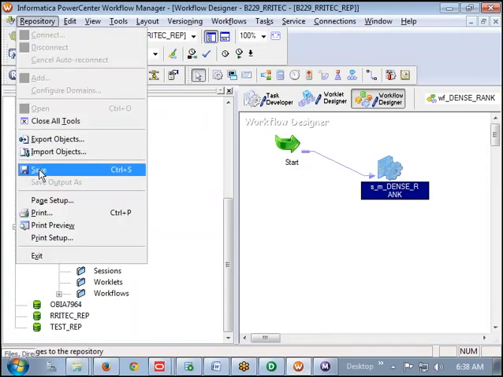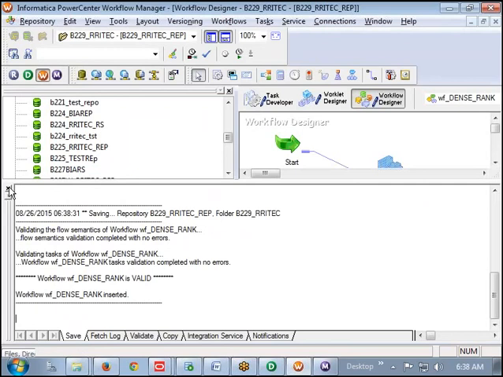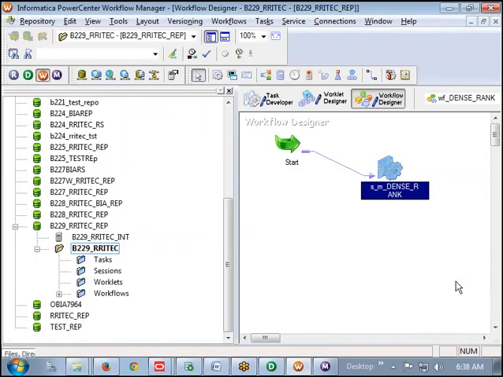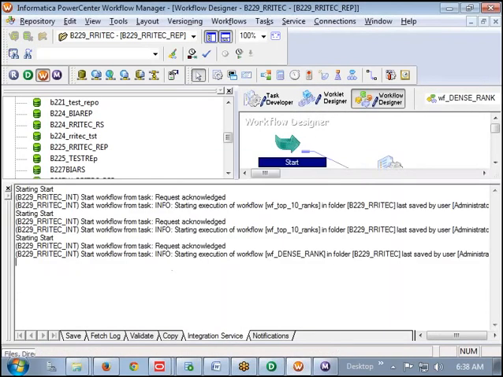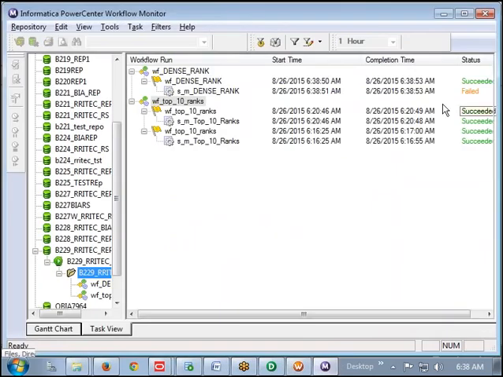Can you tell me what type of error is going to be thrown? Exactly, a data type mismatch error is going to be thrown. Okay, try to run it. Now in the workflow monitor, you can see it has failed.